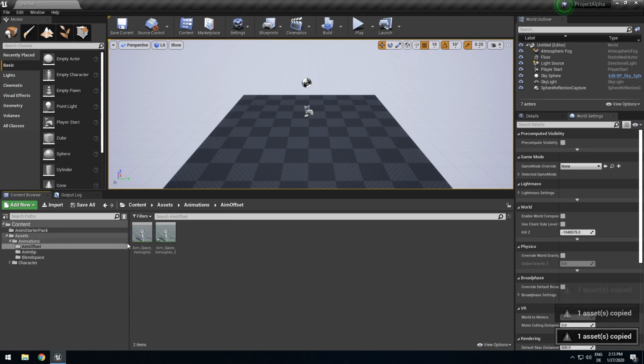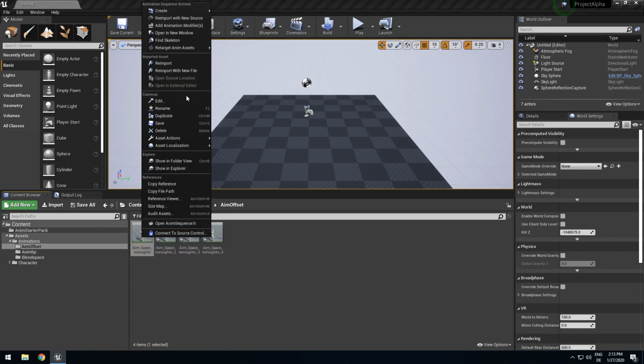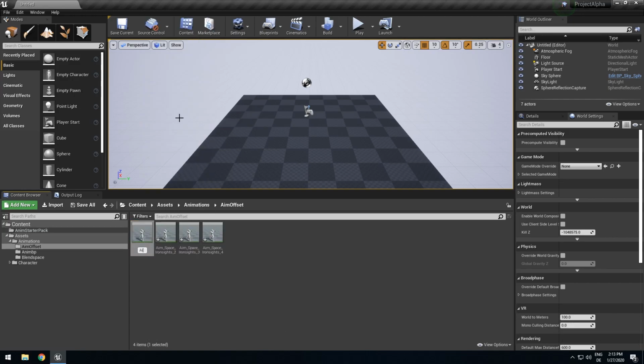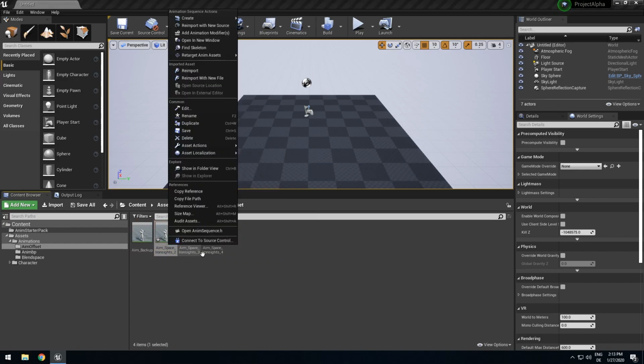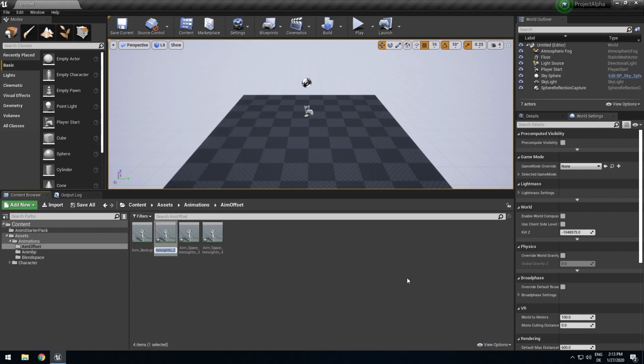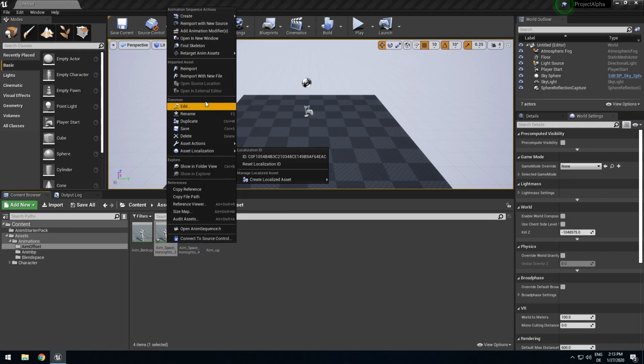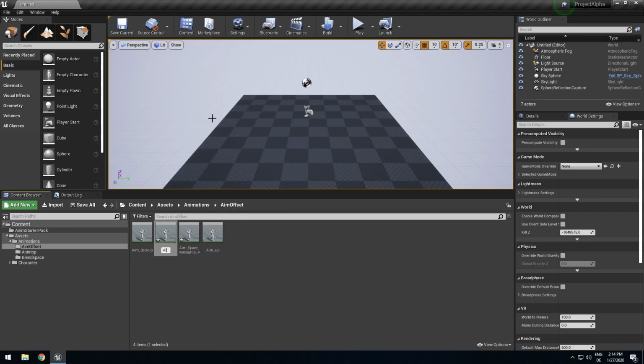What I'm gonna do after all they got created, I'm gonna take the first one, call it aim backup. This will be the one that doesn't get modified. Then I'm gonna call this aim up. Rename aim down and